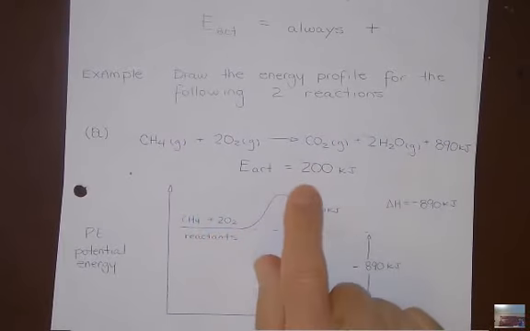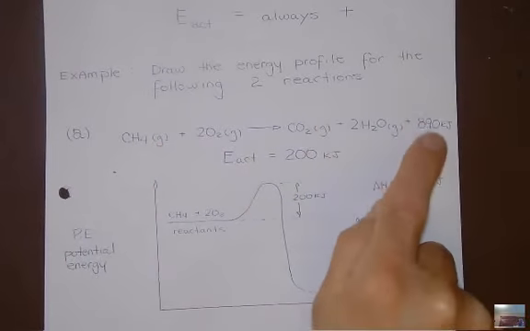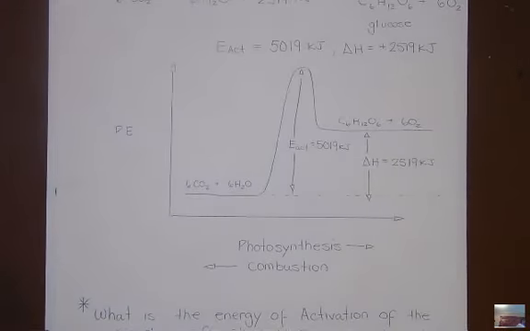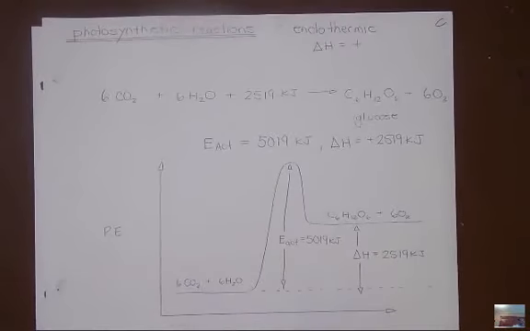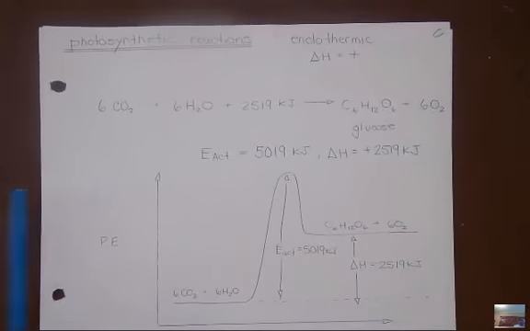That's got nothing to do with getting up and over the hill. It's got to do with the net change. So this is the number you're going to use in those kinds of calculations. Okay, here's a classic example of an uphill chemical reaction, the opposite of combustion or respiration in the